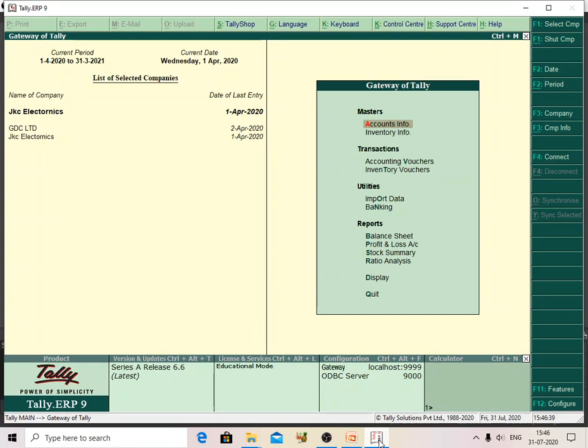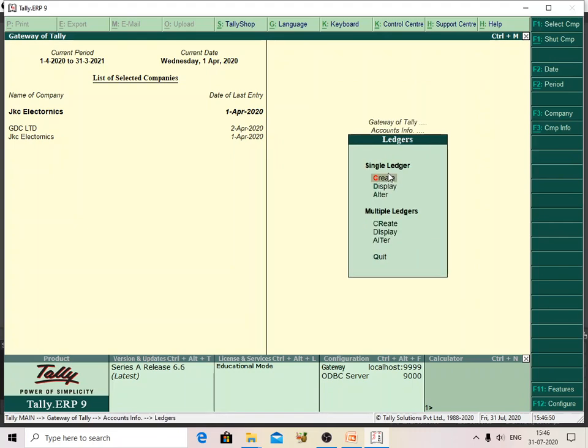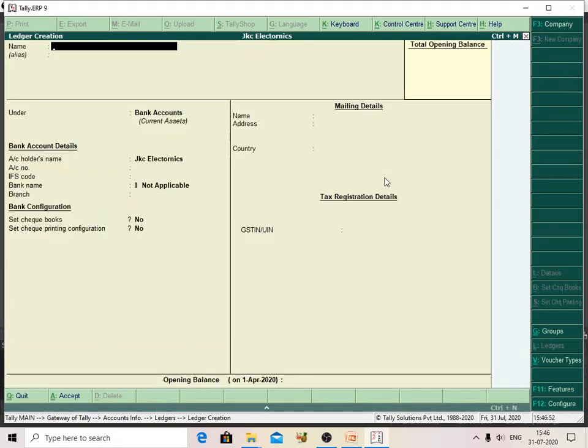Now I will show you an advance amount. Sometimes we receive an advance, right? So how can we post the advance? First I have to create one ledger under Accounts Info, Ledgers, Create. So I am creating one ledger master, that is SRR Traders.